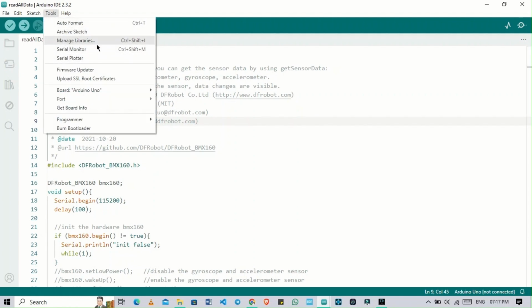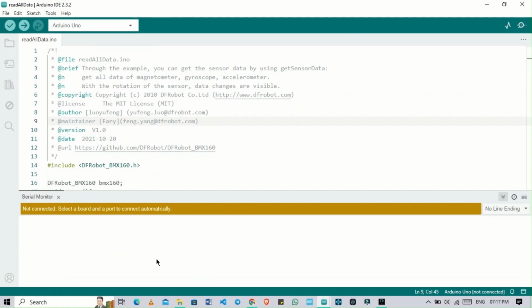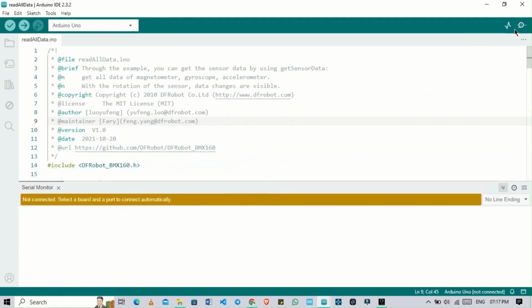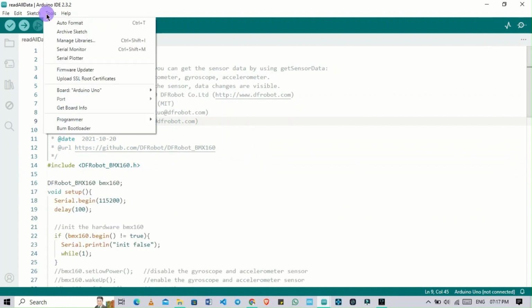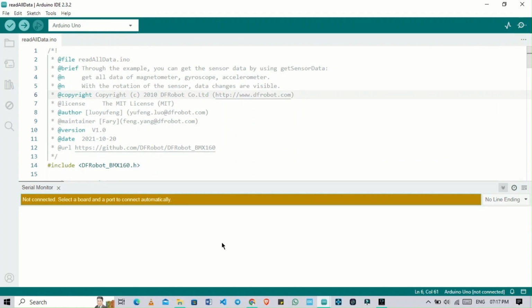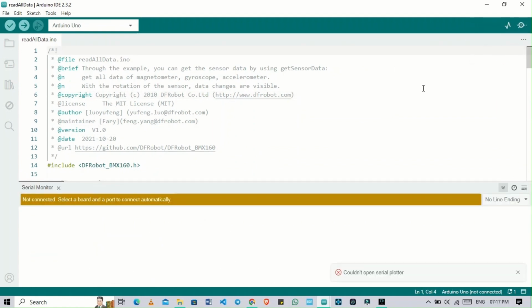This is Manage Libraries, we already have covered. This is the Serial Monitor. If you open the serial monitor, whatever task you are performing, you can see the live data here. Otherwise, without using this menu option, you can click it here also. And a graph option is also there, and based on your serial data it will automatically plot.